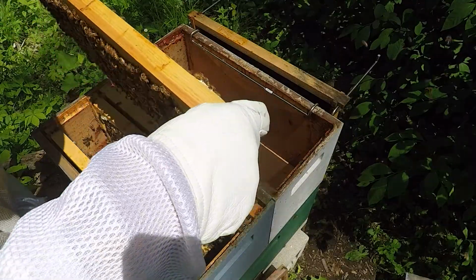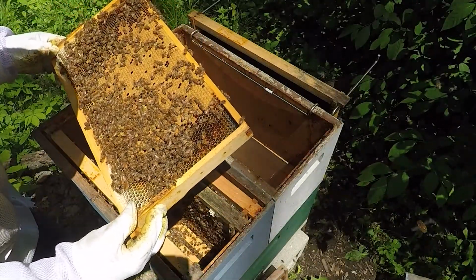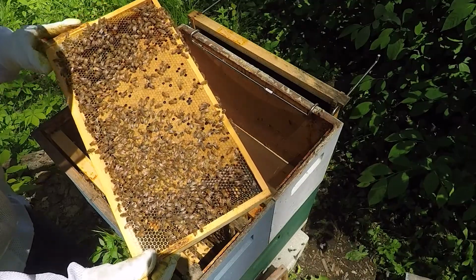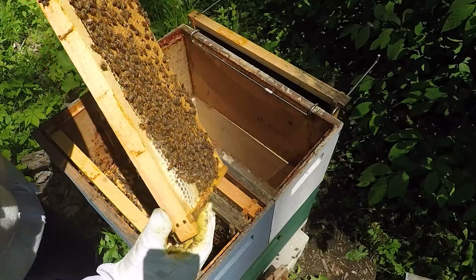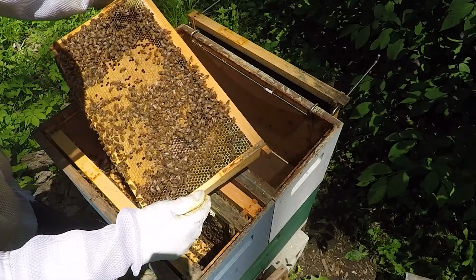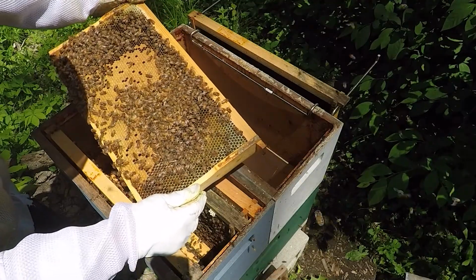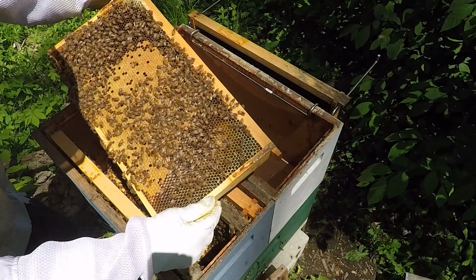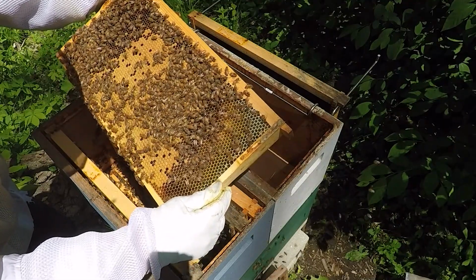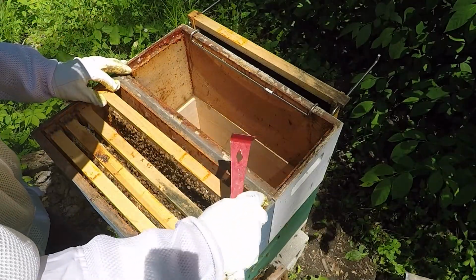Lots of honey. Very heavy. Look at that brood pattern. Beautiful brood pattern. So we have a healthy queen. We're worried a little bit that we kind of smushed her up when we marked her, but she's all right. And we see a lot of larvae. Nice brood pattern here. So if we needed brood in any of these hives, we would take it from here and put it in our other frames. I don't see any drones, but